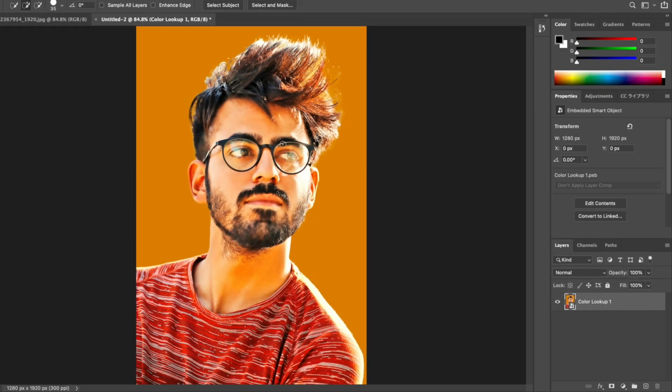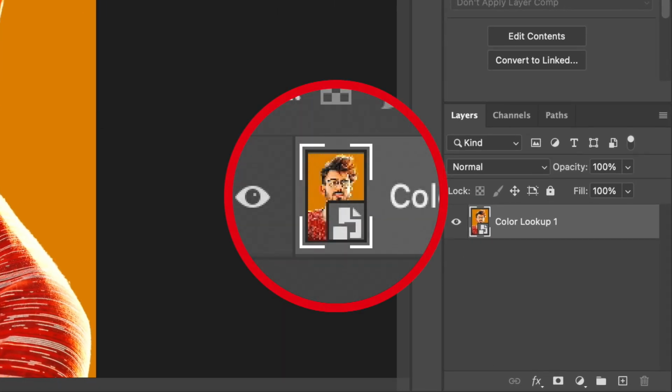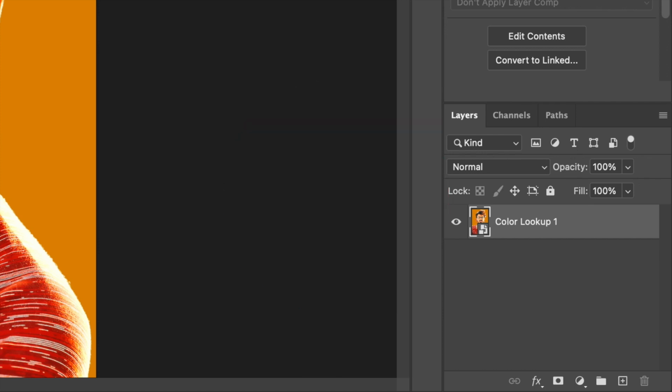For poster edges, which we will apply later, we need pixels that contain a contrasting background color to detect the edges of the object. Therefore, the cut out person and background are converted into a single layer. A nested structure that includes smart objects inside smart objects is also possible. You can easily do non-destructive editing, so I'd like to convert it to a smart object whenever possible.